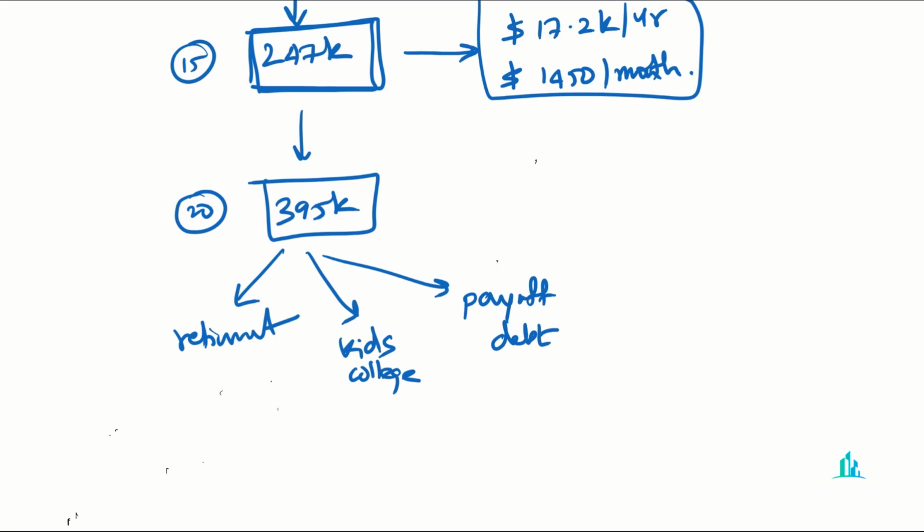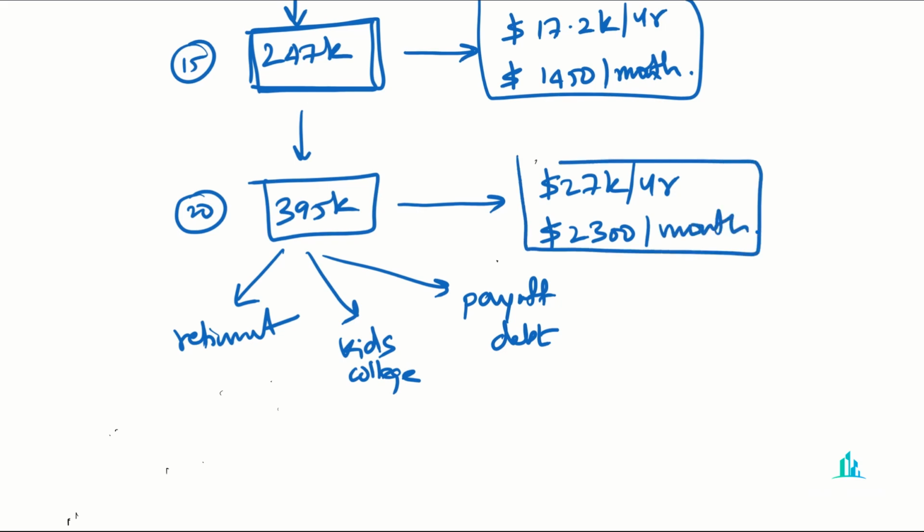If you have other sources of income, you could still decide to reinvest this money and net almost 27,000 a year, or close to 2300 a month. 2300 a month seems to be a good amount for your kids' monthly expenses when they are in college. So you can slice and dice it however you want, but this is where you will get at the end